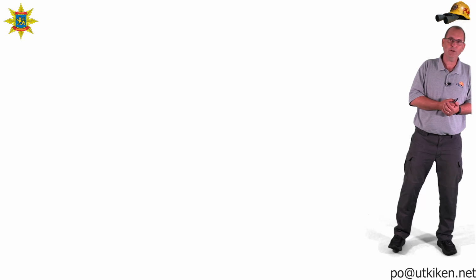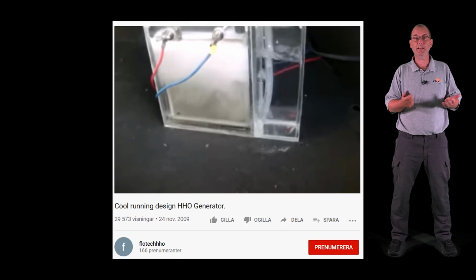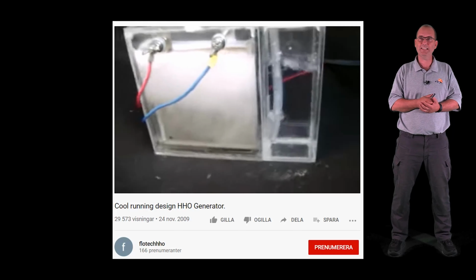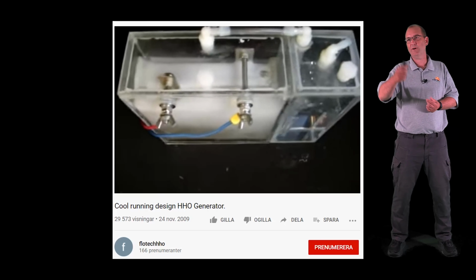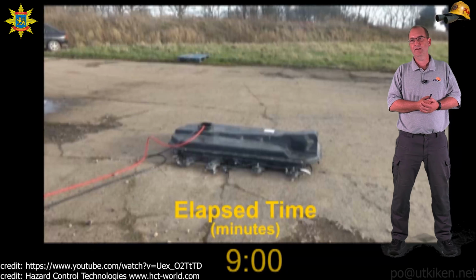Here is a video of a hydrogen and oxygen generator. It's mainly plus and minus to two electrodes, the metal sheets, and it started to bubble hydrogen and oxygen from there. The other example is this here. It's a car battery